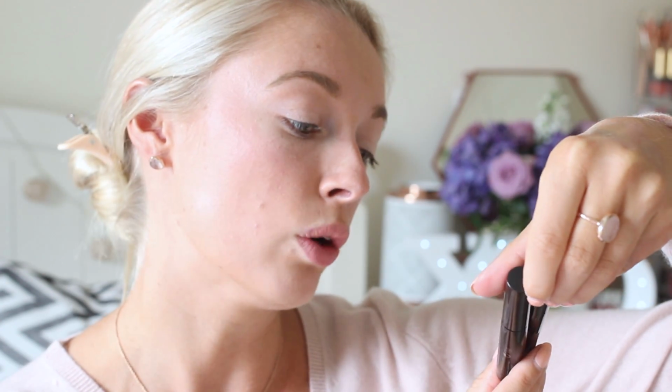These are their new Brow Dimension, and I have the shade Blonde and Brunette, but I'm going to show you them, but I'm not going to apply them because I actually feel like using the NARS brow cream, my brows actually feel pretty set. So I think if you just want to use one product on your brows, this is a really good one. I don't really feel like I need to set them in place further like these would do,